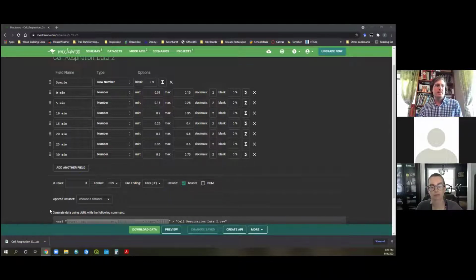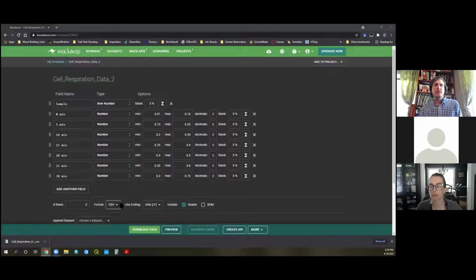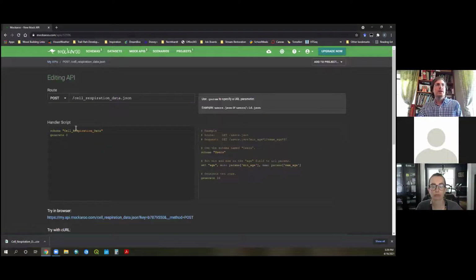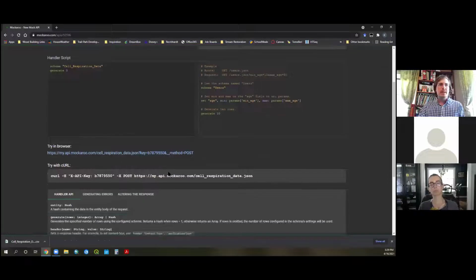So that is the API there. You can also generate mock APIs. This is part of the coding that goes on in the background. You can generate a new API. And in this case, I chose the post one, and it does the exact same thing that the data link that they now provide in the schemas does. And you can try this in your browser, but you have to tell it what schema you want. If you've got more than one schema, you have to type in the name of the schema. So a little bit of coding there, and then tell it to generate 3, and that means 3 rows of data.